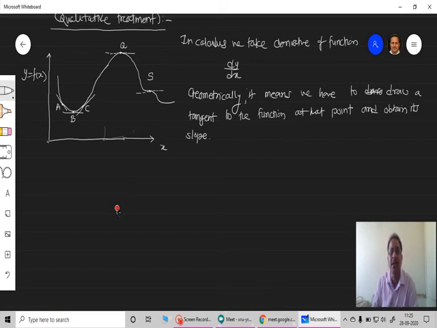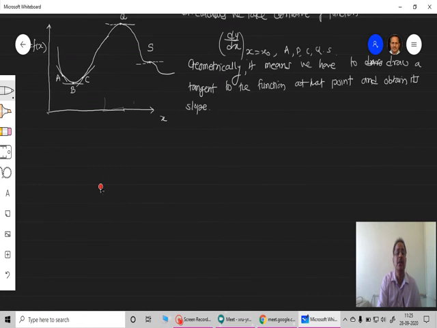That is what we call delta y upon delta x, at some point, x is equal to x0, like I am calling here A, B, C, then Q and S. These 5 points we are going to discuss here, of which we are going to find out the derivatives as shown like this. Okay. Now, classically or mathematically, these 5 different points are classified in such a manner. Of these, just check point B and point Q and S.